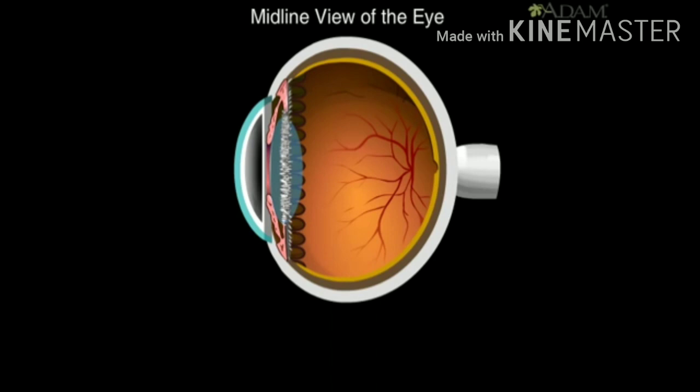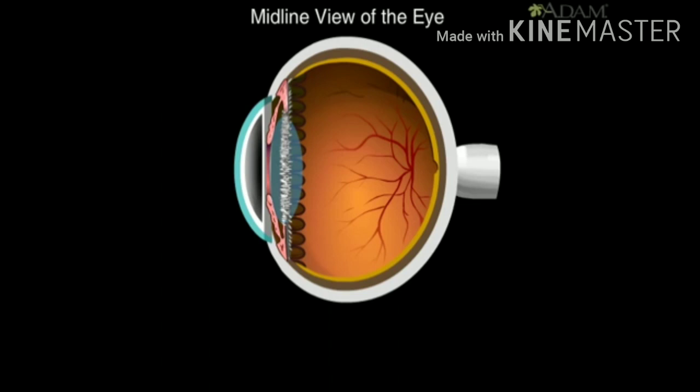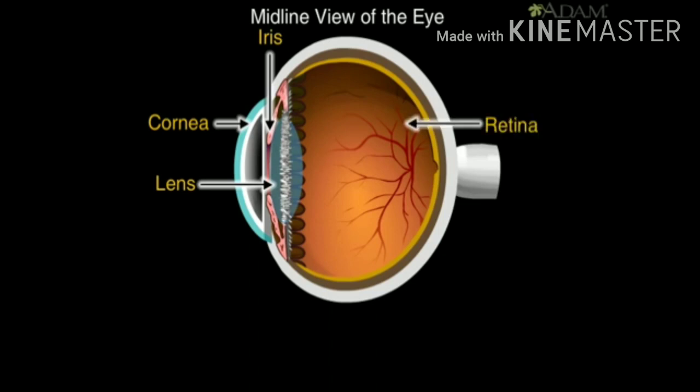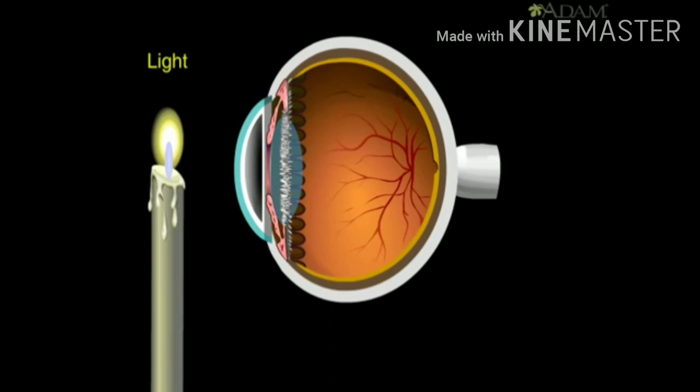Inside the eye are various structures working together to create an image the brain can understand. Among these are the cornea, a clear dome-like structure covering the iris or colored part of the eye, the lens directly below it, and the retina, which lines the back of the eye. The retina consists of thin layers of light-sensitive tissue. This candle can help us understand how the eye captures images and then sends them to the brain.